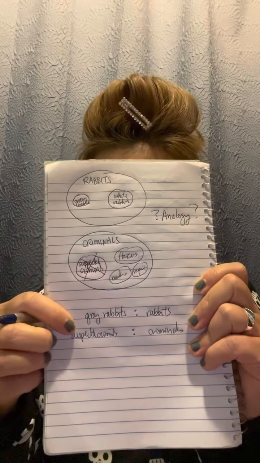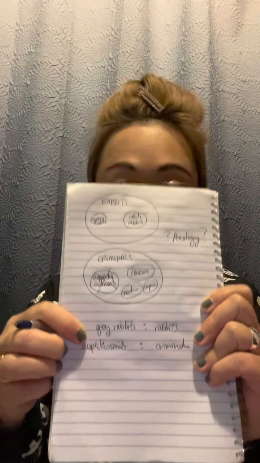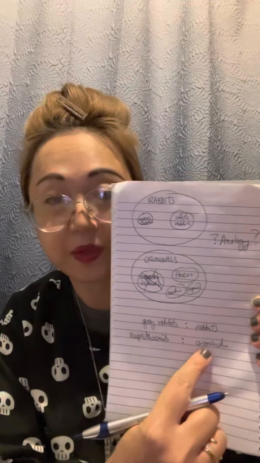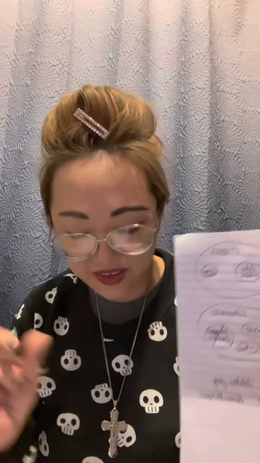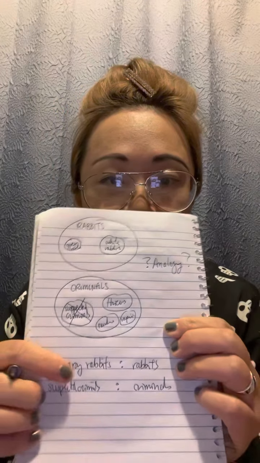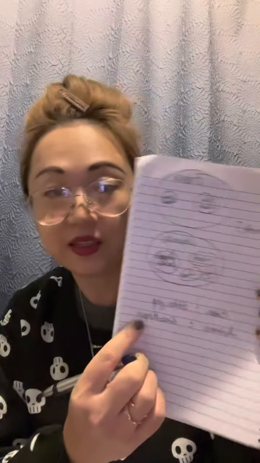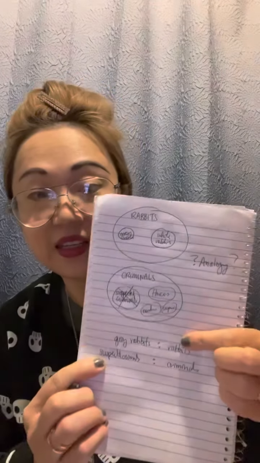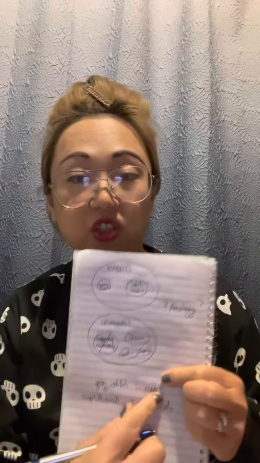So the first one says the relationship between being a criminal and being a rabbit. Where are we? At least they're on the same side of the analogy, right? For B, the relationship between being suspected and being a rabbit. You see, being suspected here and being a rabbit here, it doesn't even match. So that can completely be eliminated. So B, we absolutely cross out.